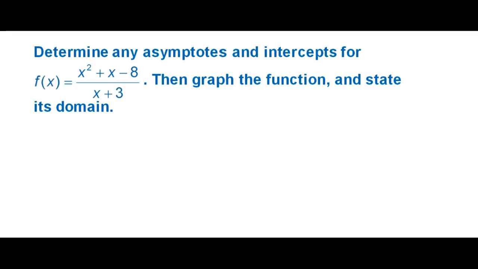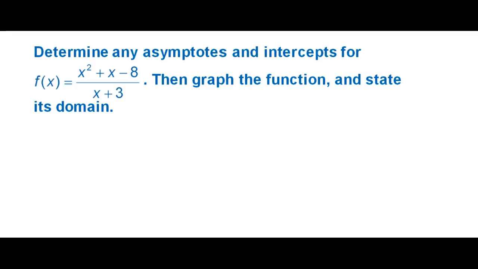When that happens, when there's a difference between them of 1, we know that when the top is bigger, there are no horizontal asymptotes, but we do know that there is going to be what's called an oblique asymptote, or one that's tilted. So when I do this, what I have to first do is divide these two